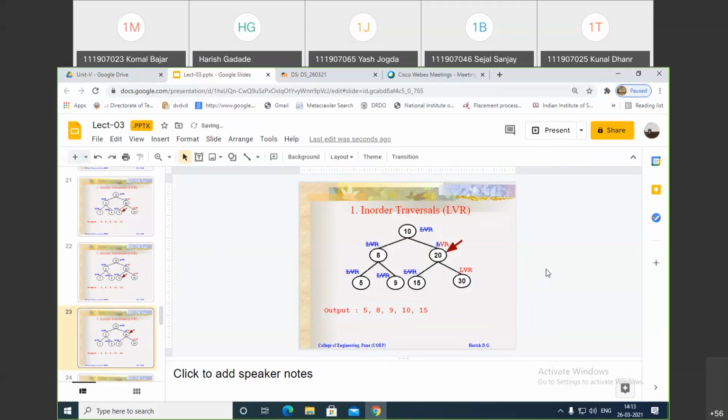Now the V step is pending here, so it is printing this. We can see here 20 has been printed over here. Now it is moving towards right. Okay. Now the right step is pending, so complete that right so that it is coming to this.